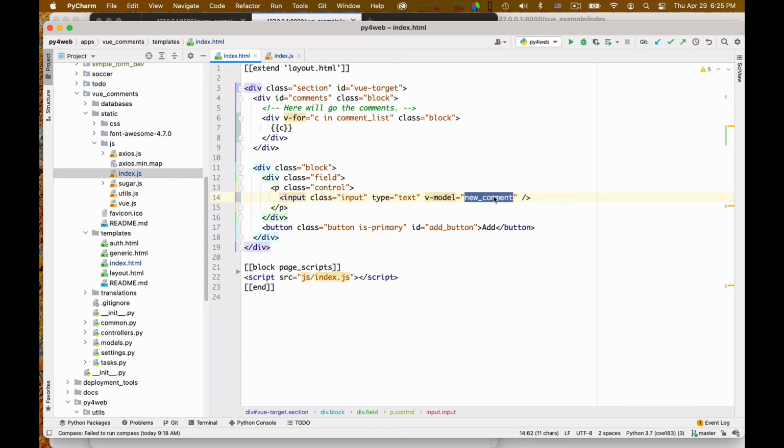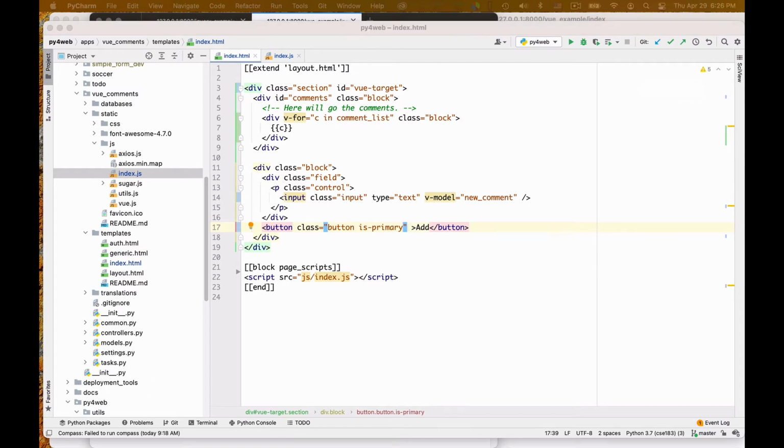The last thing missing is adding some behavior to this button, so that when I click it, this new comment that will be a string can be added to this comment list. Okay? So to do this, well, I actually don't need the ID of the button anymore. And I need to define a click behavior for this button.